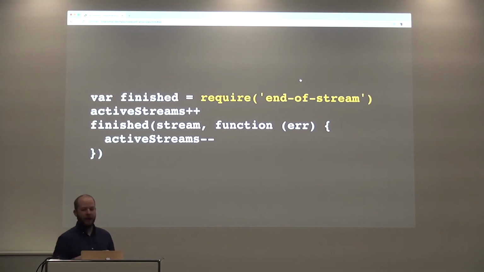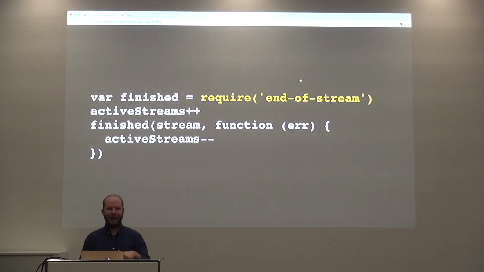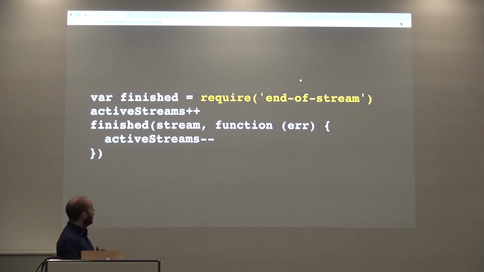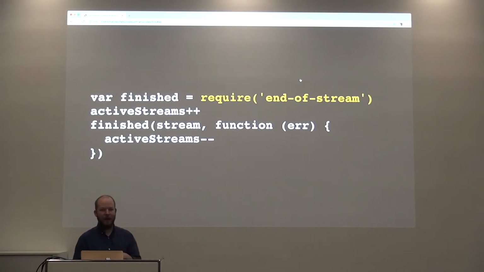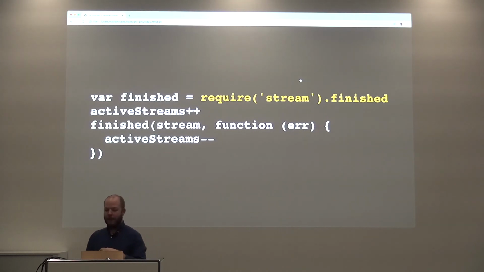It's back when we did callbacks, where you can pass a stream to it, and it'll call back when it's done. So now instead of writing all those event emitters, you can just do this, and this works in 99.9999% of cases. So that's what you should do. And also good that we added it to Node Core.